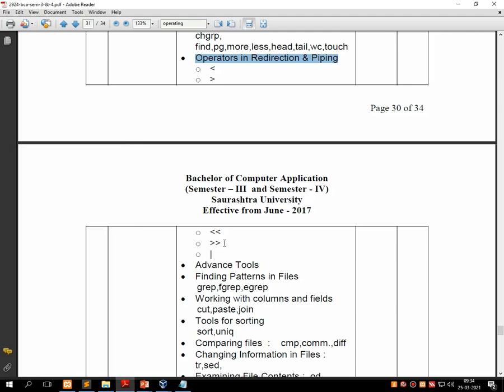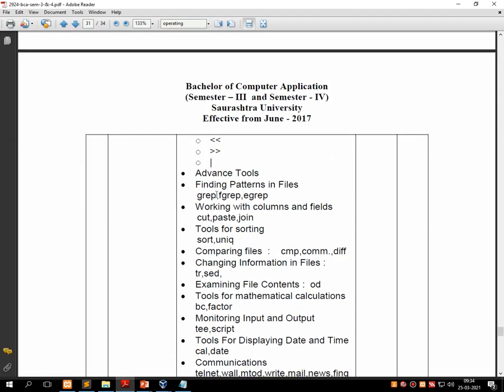Fine. Next one is finding patterns in the file. It is just like in Oracle. The topic of discussion, let me repeat the name of the topic, is finding patterns in the file. That means it is a kind of searching.